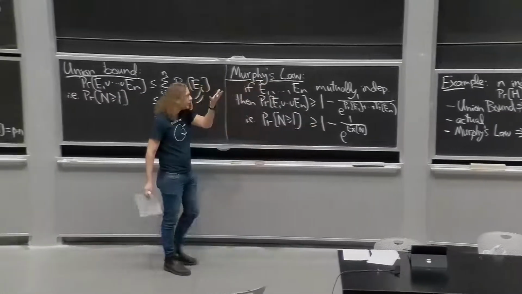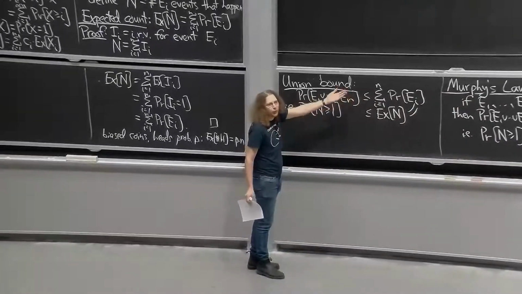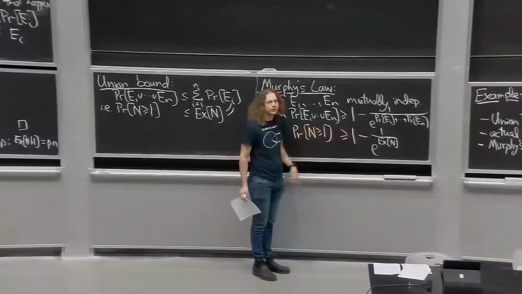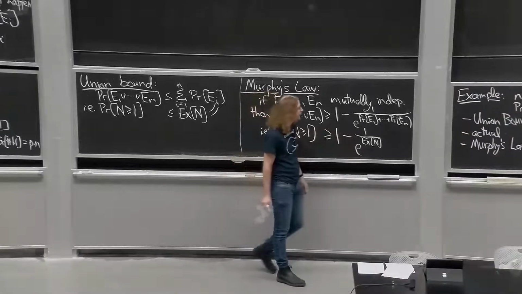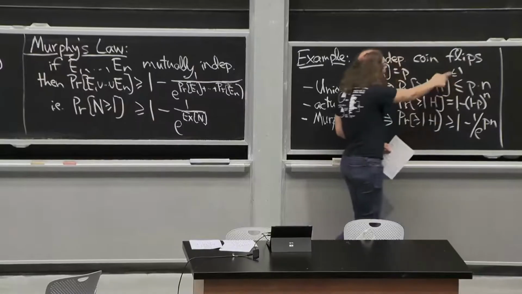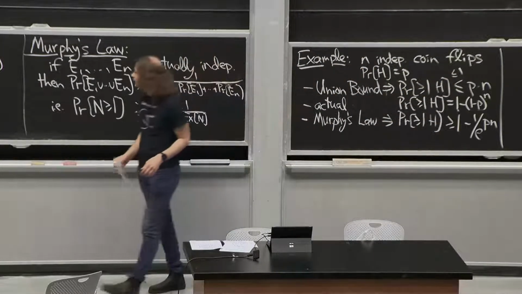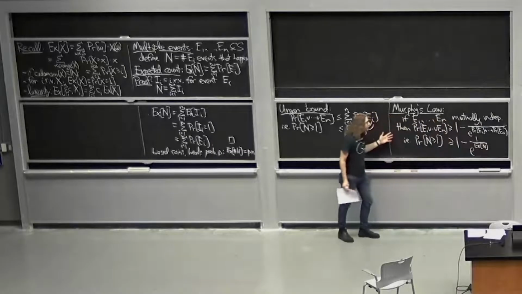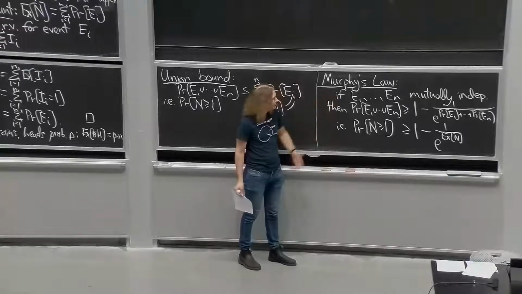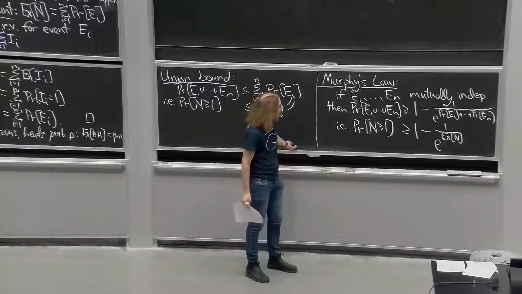Right, so when the expectation is large, the union bound doesn't tell us anything useful. It says it's at most 1 or whatever. But also Murphy's Law says it's actually pretty close to 1. So maybe the union bound wasn't so bad after all. That's the idea. In particular, we also know that it's less than or equal to 1. So those two facts combined are maybe OK when the expectation is large. So what can go wrong will go wrong with high probability, assuming mutual independence and assuming expectation is large, I guess. That's the formal version of Murphy's Law. OK?